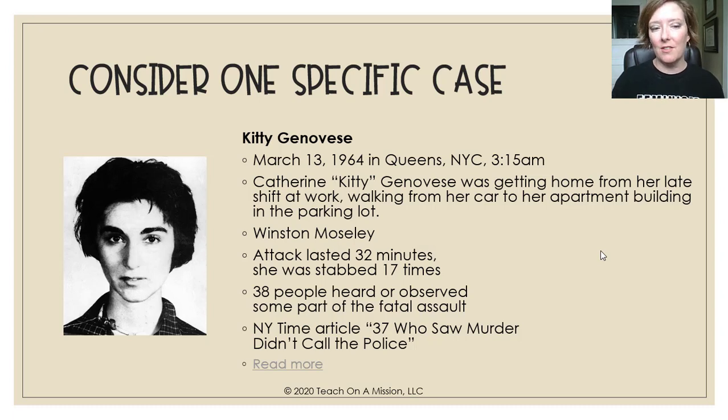The report also states that at one point, a neighbor called out and yelled for whatever was going on to cut it out. The report continues to go on and state that the assailant actually ran off, but then came back. So Kitty Genovese tried to escape. She was able to pull herself into the downstairs part of her apartment building, and not one single neighbor actually offered assistance other than the one that was reported to yell down to knock it off. There's a really interesting article that you'll be provided in class that states that there were 37 people who saw the murder but didn't call the police.